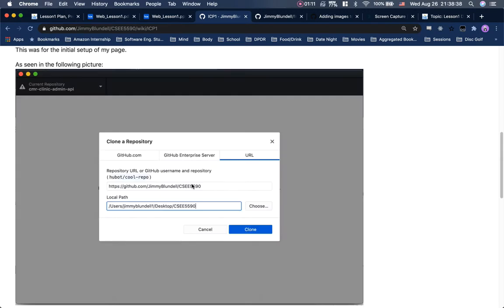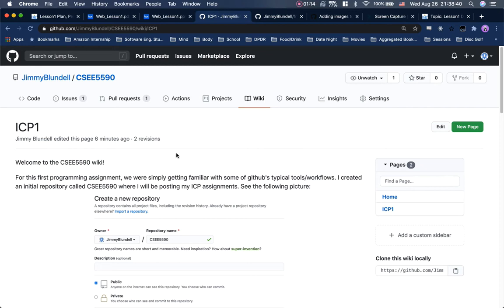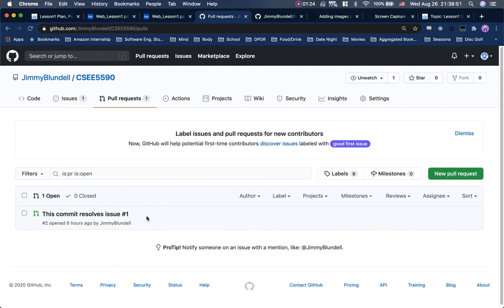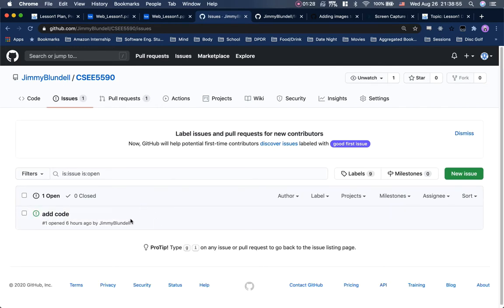Now we can go up here, as noted in the in-class programming assignment. We needed to create a pull request and a respective issue. So that's what I did. I created an issue that just said to add code, more or less, and this was issue number 1. And this pull request that I then made,